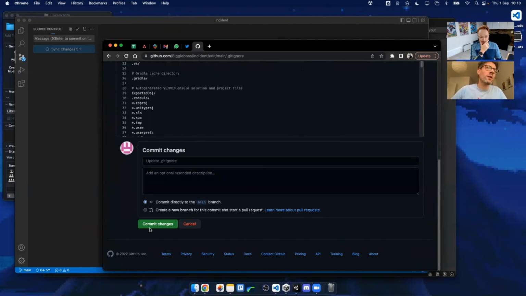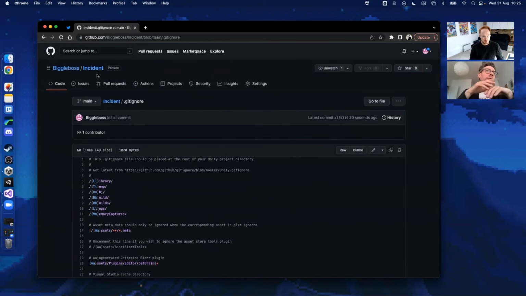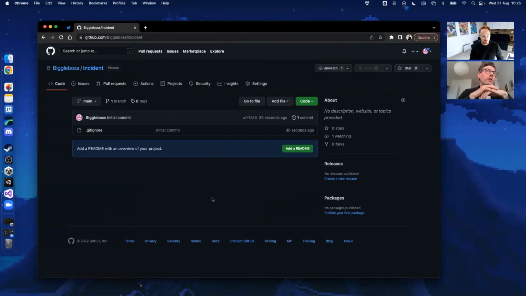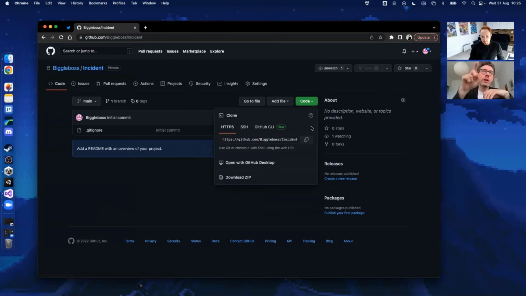Do I need to commit changes? Yeah. So hopefully that made sense. You just need to edit the locations in the git ignore file to be your project name and then library, build, logs, etc. And if we go back to the incident and hit the code button, strangely hidden there, the green code button, there you see